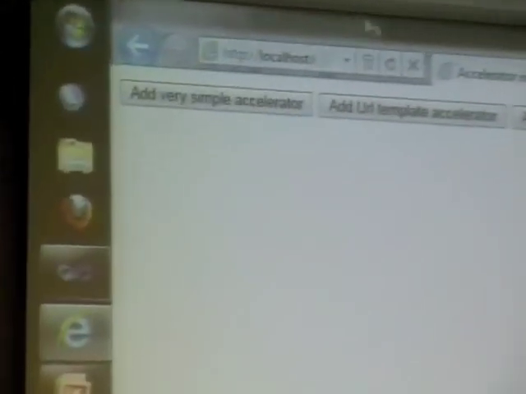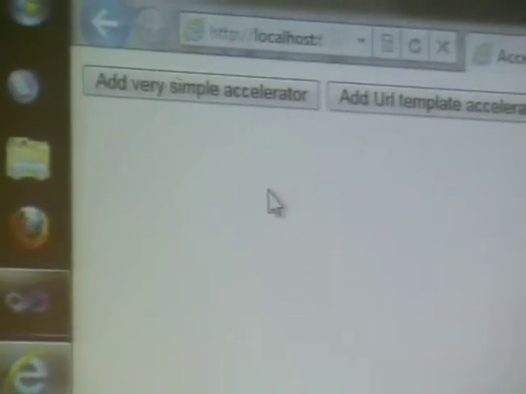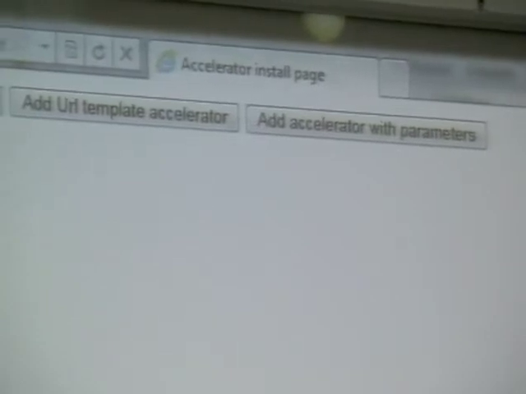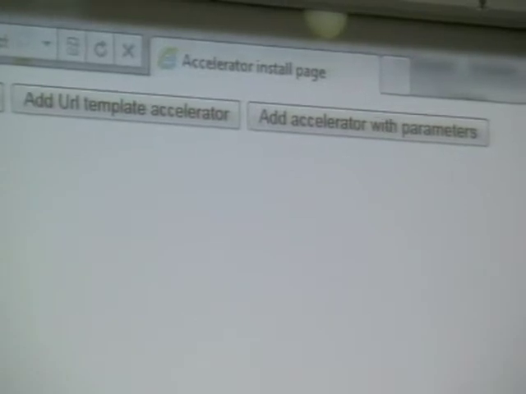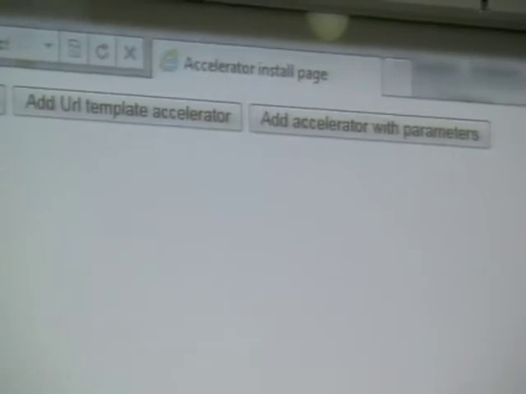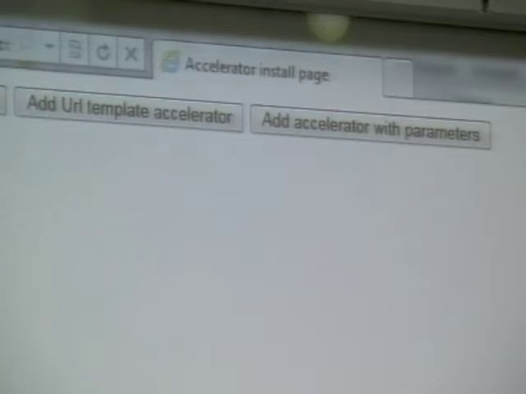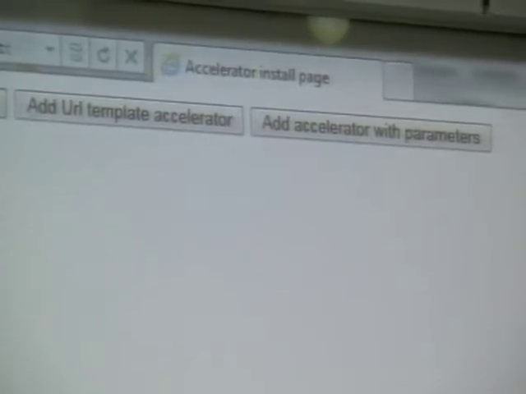So it seems that nothing happens. Can you see there are 3 buttons for 3 sample accelerators I prepared for today. They are all very simple in the things that they do, because I just intended to show you the most basic things about how you interact with accelerators